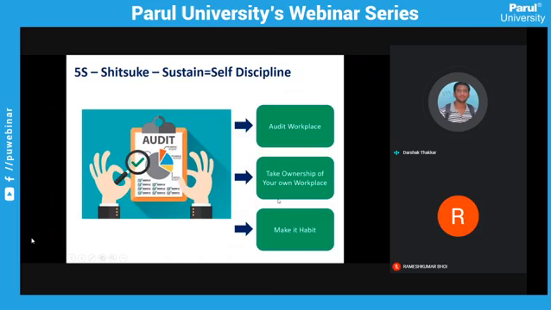We have to implement all the steps ourselves, and sustain them to keep our workplace neat and clean, to produce the best quality product